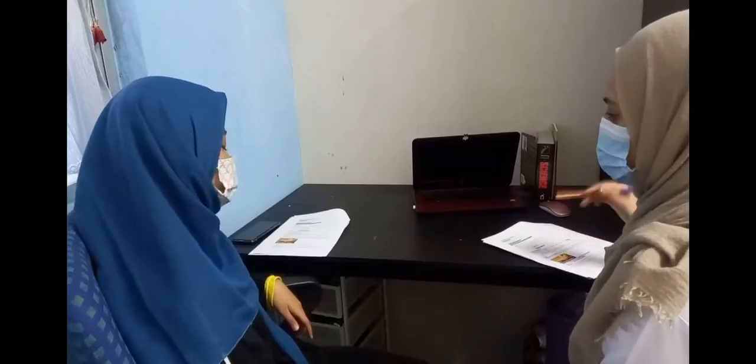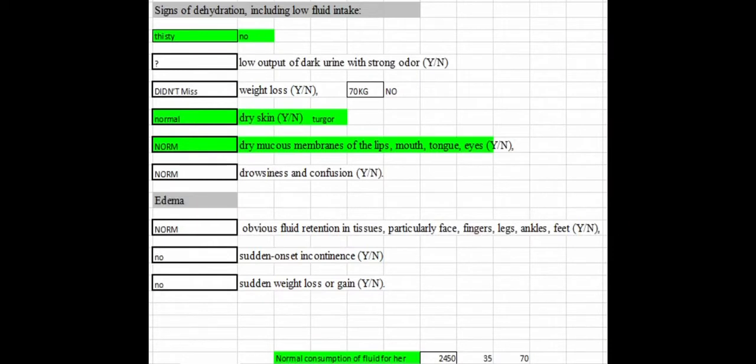Do you have any sudden inability to control when you want to urinate? No. From the obtained information that we get, the patient shows no signs of dehydration and no signs of edema. We can conclude that the normal consumption of fluid needed by the patient is 2,450 ml, as 1 kg of fluid needed is 35 ml. Next, we are going to do the objective examination on the genitourinary system to make further investigation